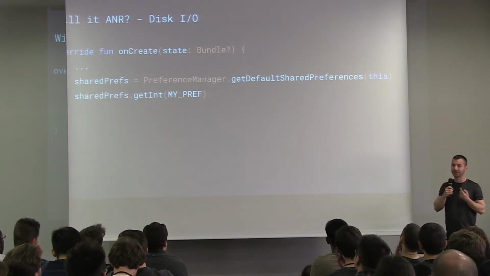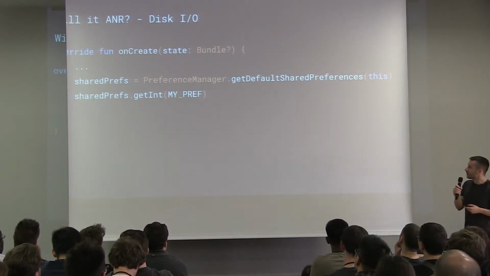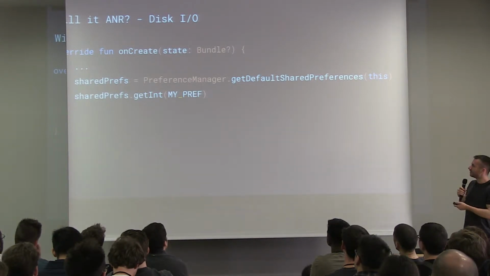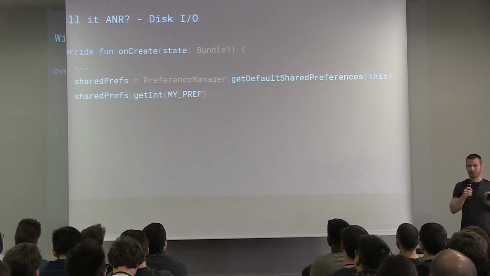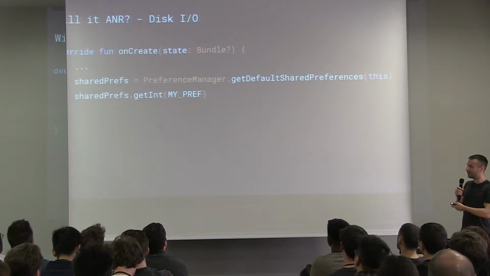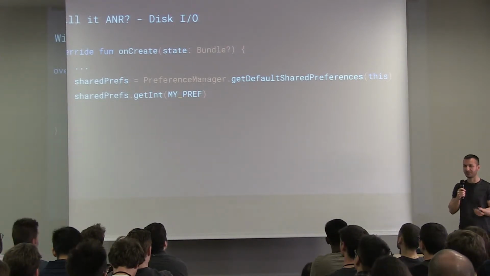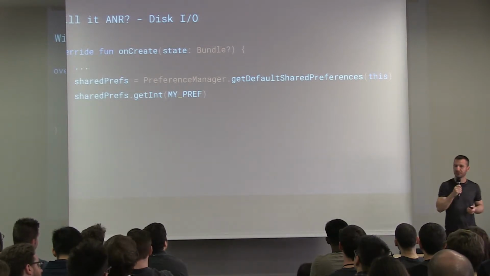So let's start with a little quiz to show you that even though we know these principles, it's not always easy to actually, as a developer, know when we're doing the right thing. So let's start with something easy. Here in this code, let's say in onCreate in my activity, I decided I'm going to use shared preferences later. So I'm just going to create this object, okay? And then I'm actually reading something from it. I'm thinking, well, it's just a small integer, so I'm just going to grab it and save it because it's maybe like my user identifier or something.